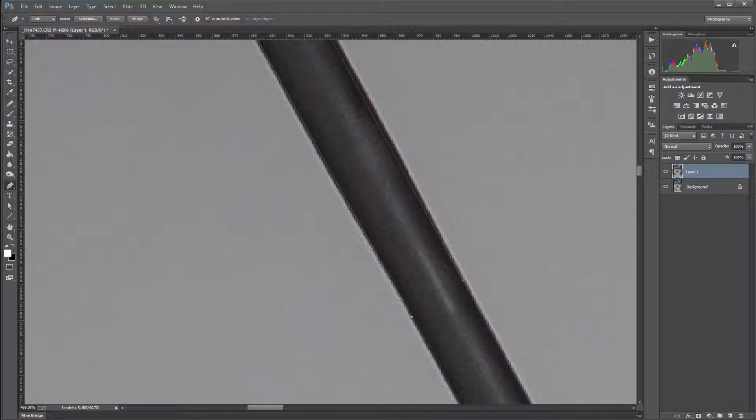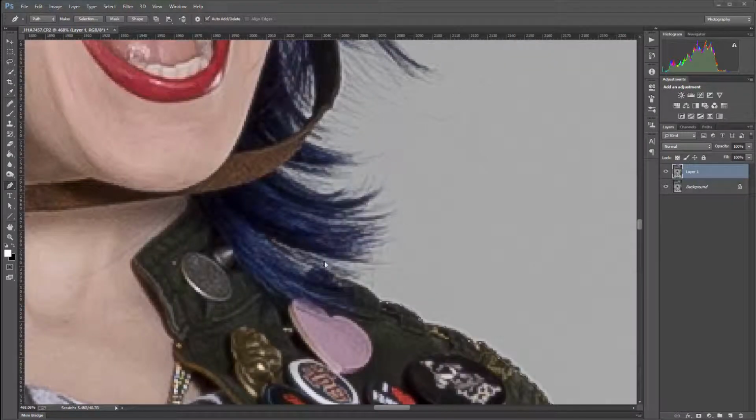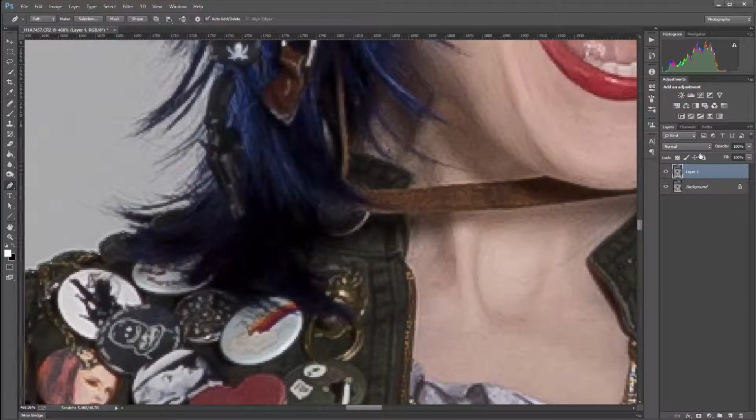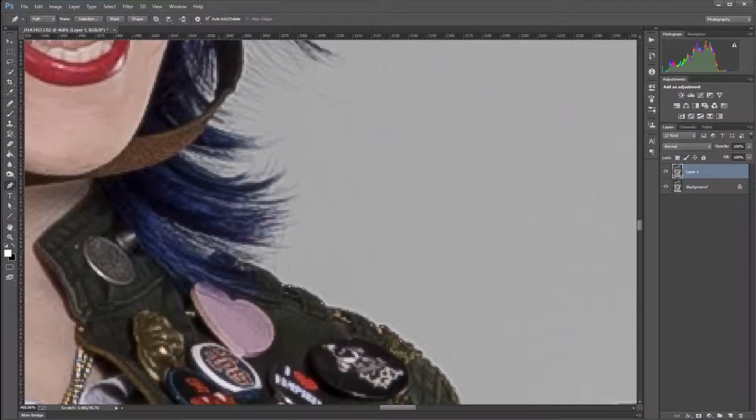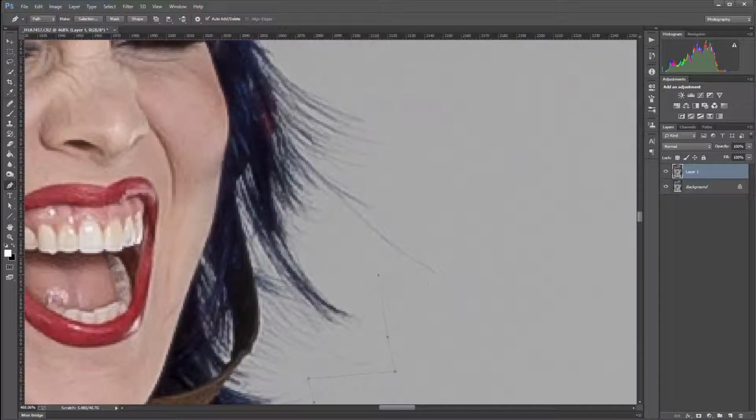Okay, so let me go ahead and pause. I've gone around and come closer to the head. Right here you can see we have it from both sides. What I want to do now is create a mask closer around the hair. You notice right here I go by the edge, and when I come closer to the hair, I'm just going around